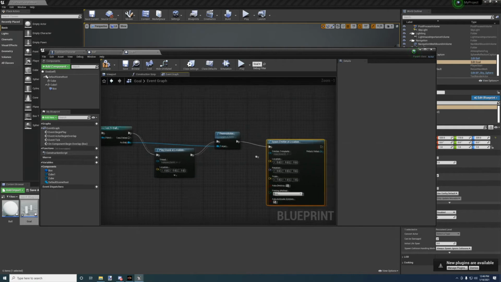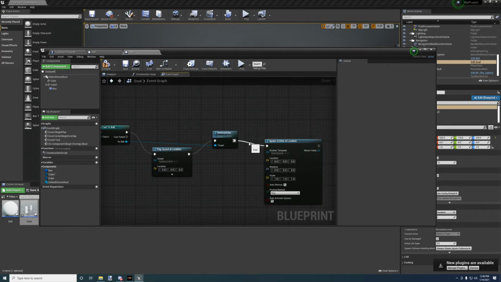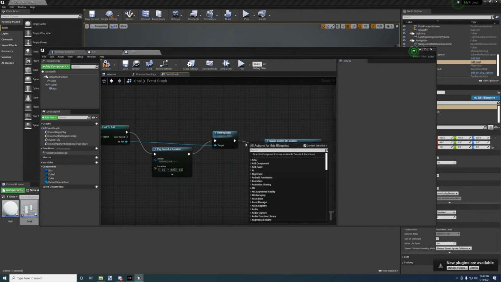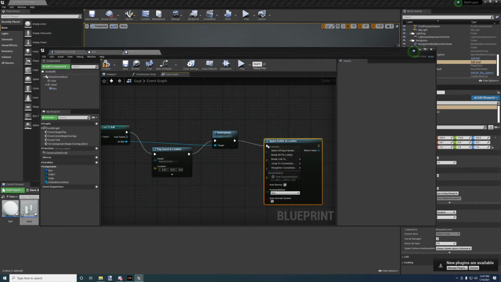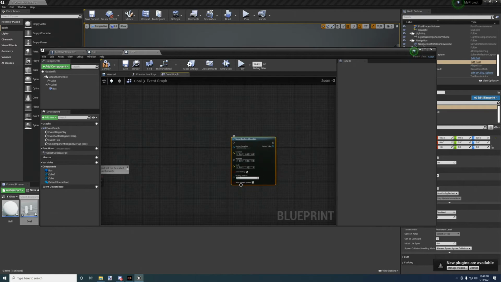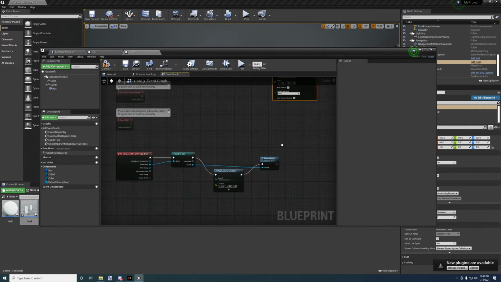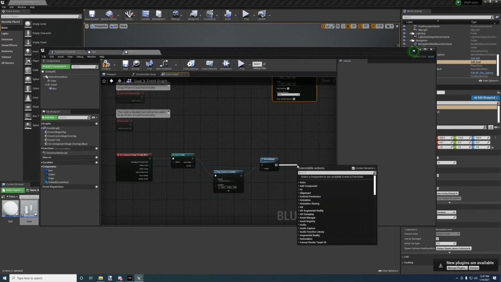Actually, break that connection. Right click on the connection, the little white one, and hit break link to. Then move it out of your way for a second. You're gonna want it, just not yet. Okay, and then go ahead and drag off the destroy actor and type get actor